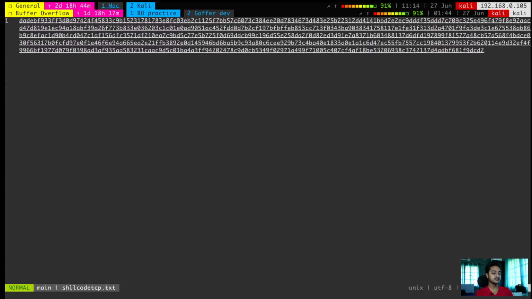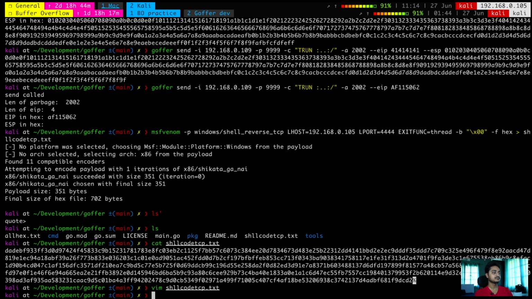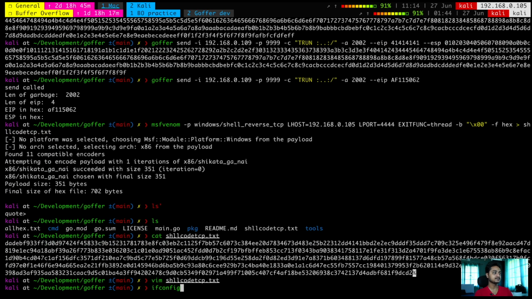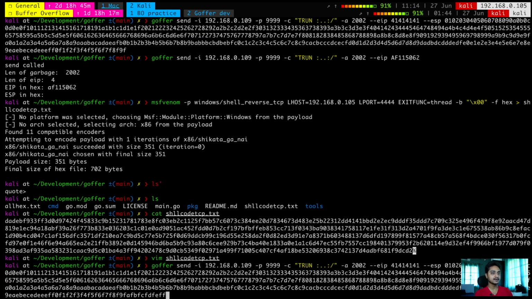Copy the contents. And this is the one that we will pass as the shellcode. We'll pass it as a value to our stack because we want our execution to reach the stack. So this is the shellcode value that we have passed.